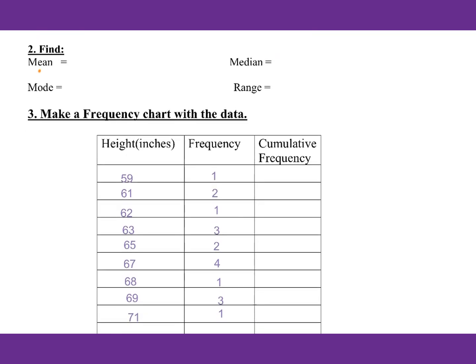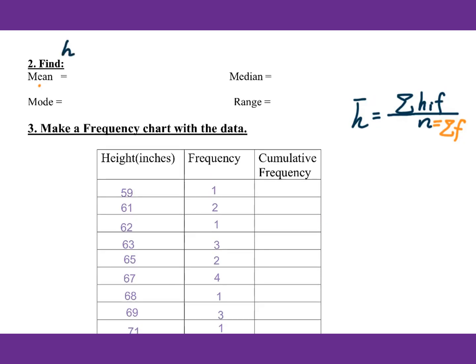This is the frequency for each height. For the mean, we use this formula: each height multiplied by its frequency, add them together, then divide by the number of data. Here n definitely equals the summation of the frequency. So we use this formula to figure out the mean. We will get h bar equals